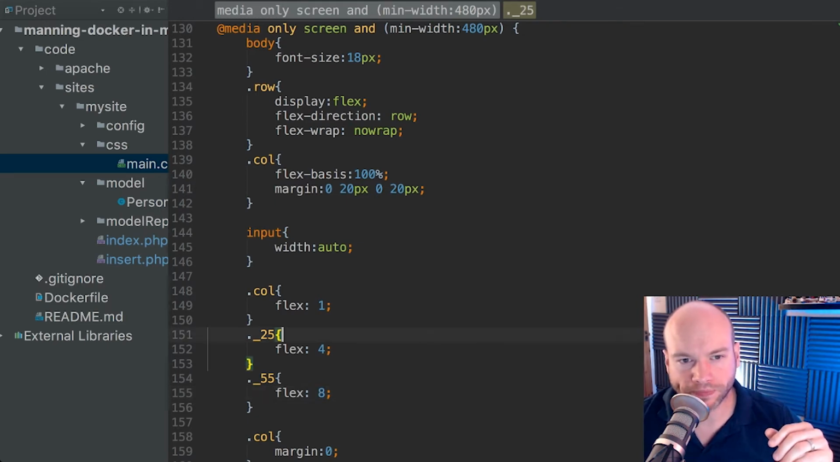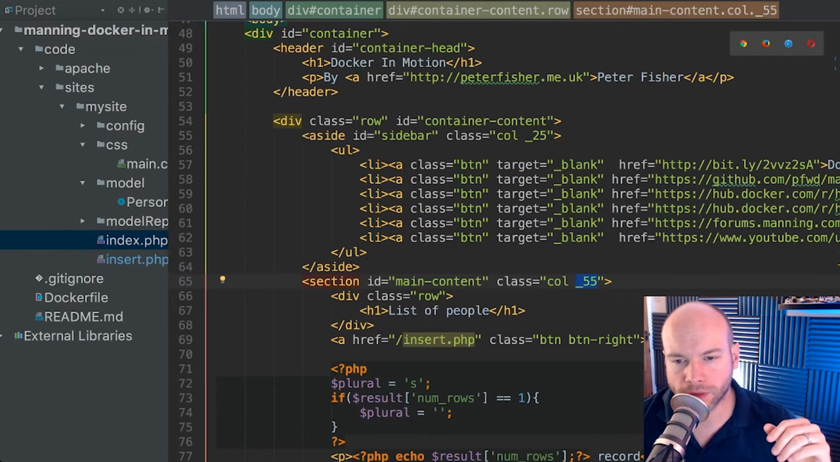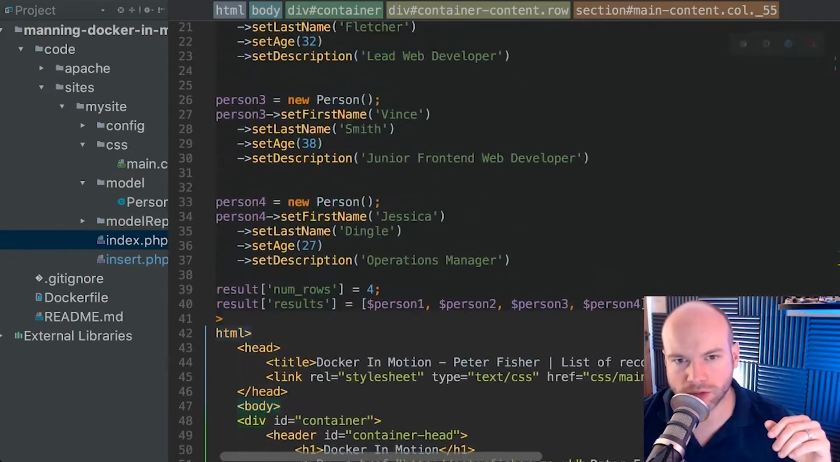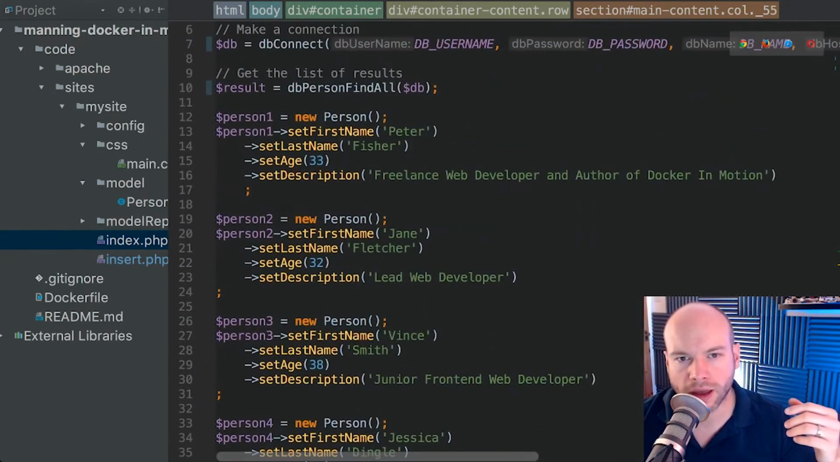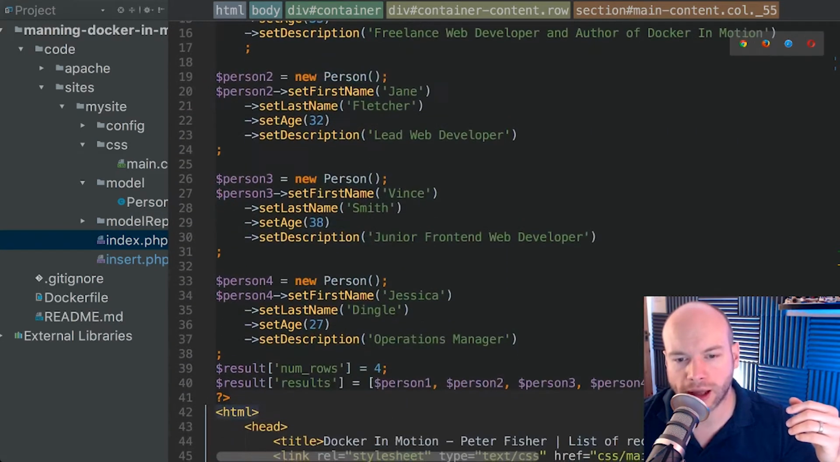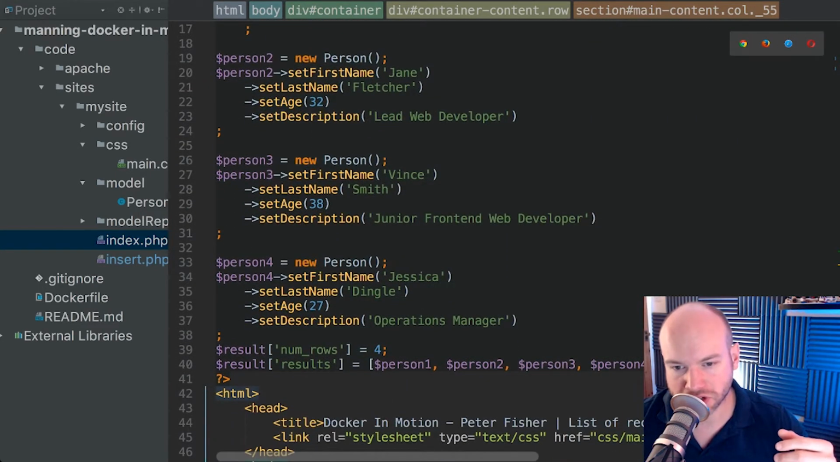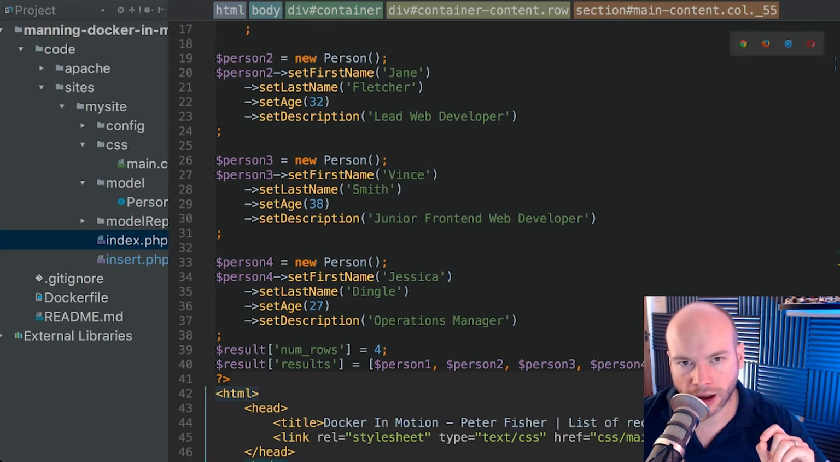Right. So what we're going to do is, first of all, let's tidy this up a little bit, because what we're doing here is we're creating a load of person models. So we've got person 1, 2, and 3, and 4, and then we're setting that as the results. But what we should be doing really is fetching this from the database. And I think if I did, let's just,